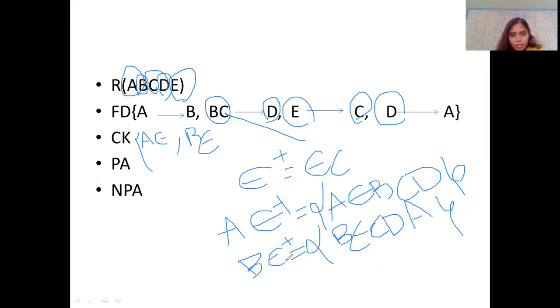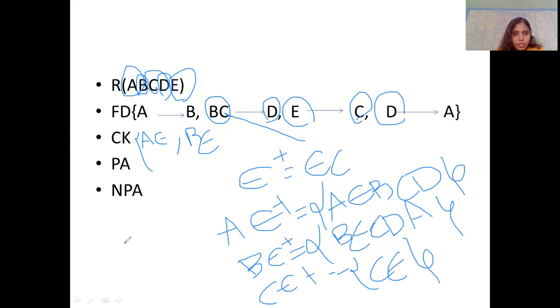Now along with E, I will add C and check the closure. If we see every candidate key, E is a compulsion. Everywhere we are getting E, so that is why I followed the RHS trick. Now since it is reflexive, C can determine C. Now I'll check, is C determining any other attribute? No. I'll check with E. E is determining C. C is already in the list. Now C and E further are not determining any other attributes. I have to stop at this point. Since I have got only 2 attributes, CE will not be in my candidate key list.